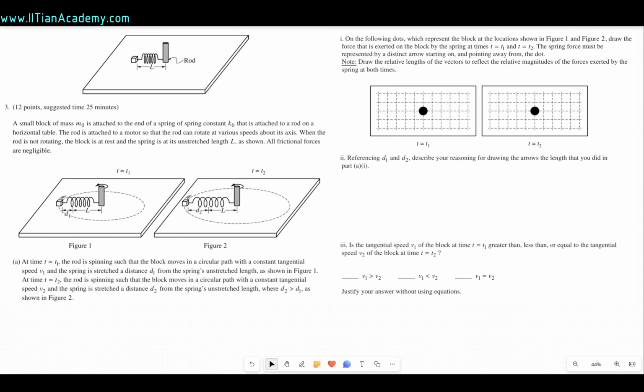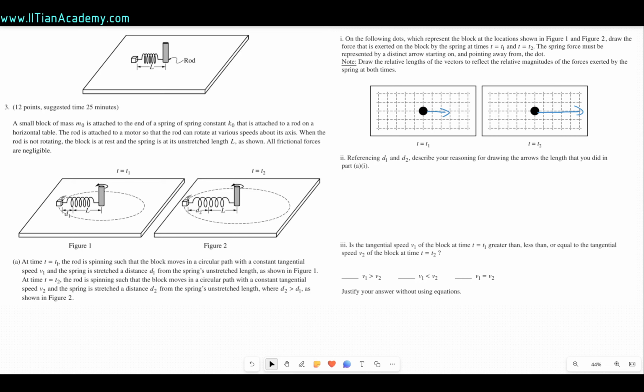And in part 1, we need to represent on the following dots the forces that are exerted on the block by the springs at time t1 and time t2. The spring force must be represented by a distinct arrow starting on and pointing away from the dot. We also need to be careful with the magnitudes of the forces. So what we see is that in the second case, we have a larger extension, and a larger extension corresponds to a larger spring force. So the arrow for time t2 will have to be longer than for t1,